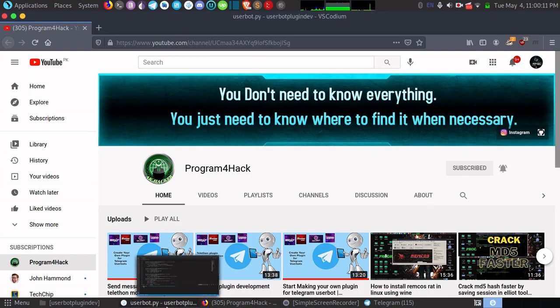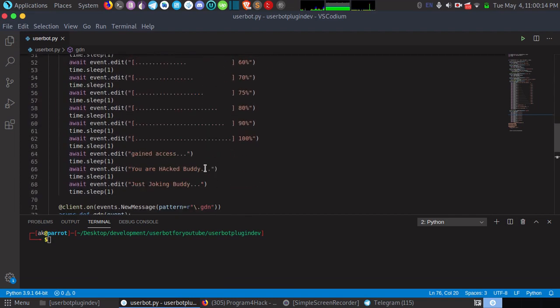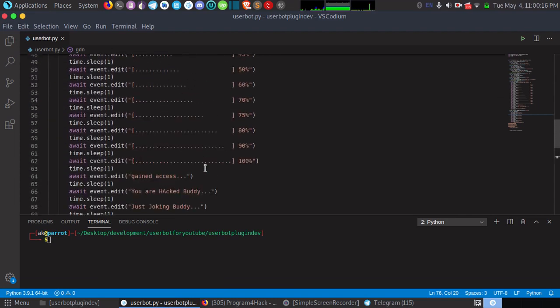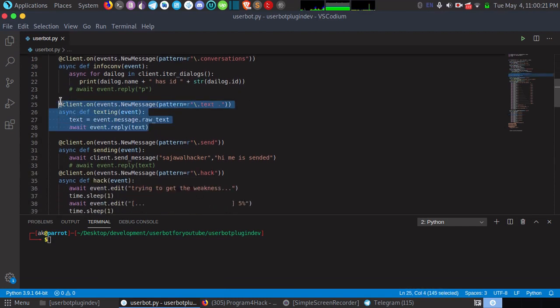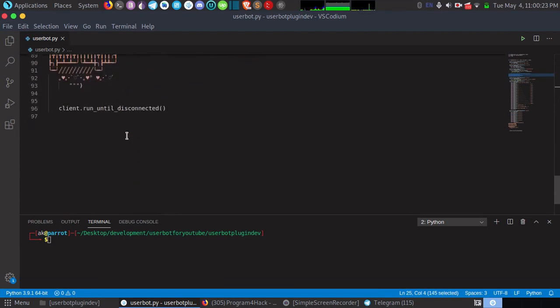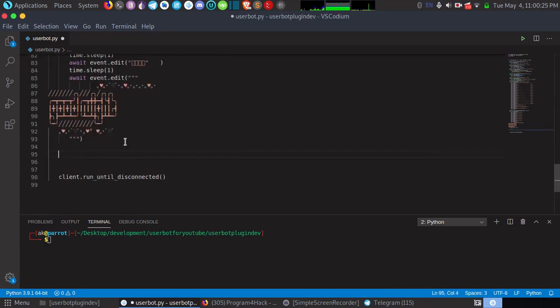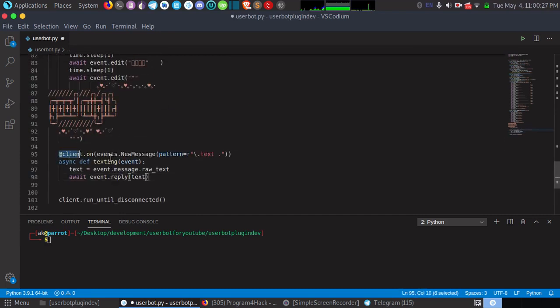Okay, now let's move to our topic. So let's see. First of all, let's copy an already written plugin. These are not really plugins, these are methods. We will convert them into a separate file, then they will be called plugins. Okay, so I will remove this to pic, and let's say here something else,